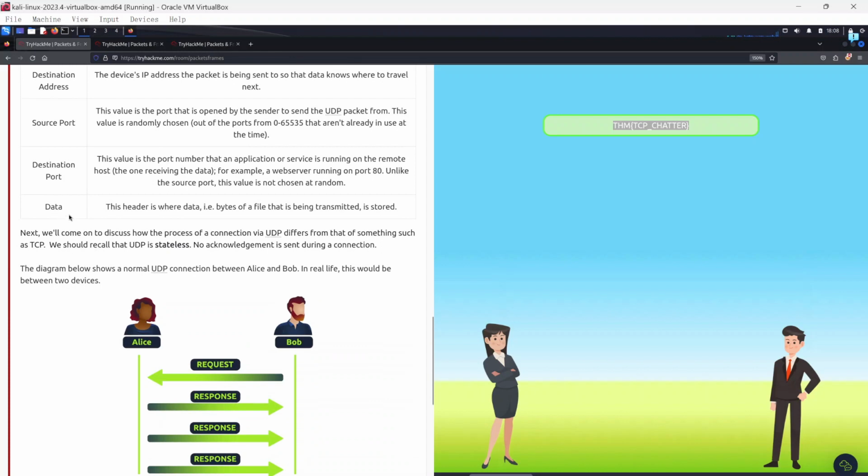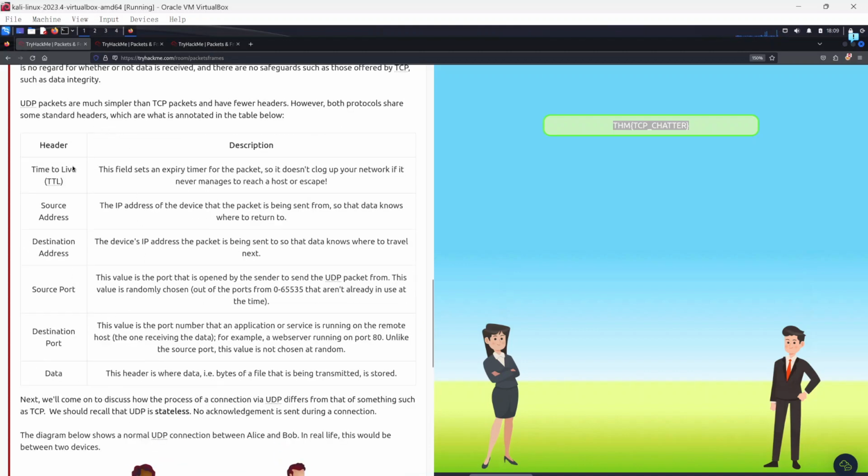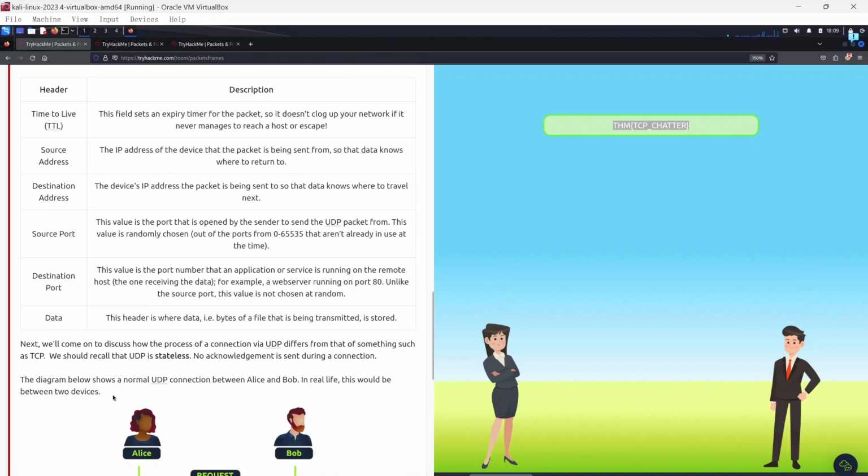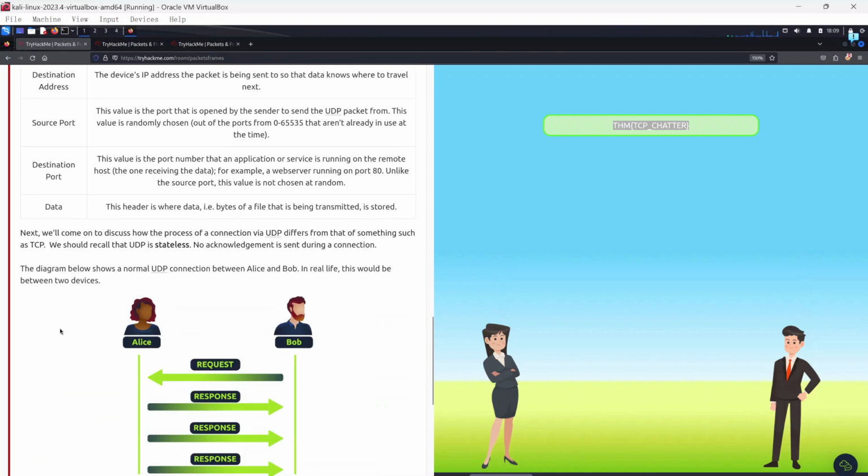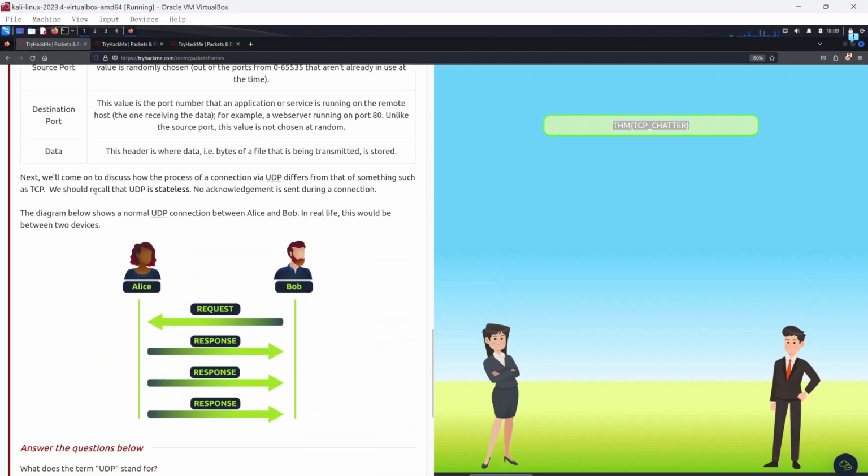All right. Now, data. This header is where the data, that is the bytes of the file being transmitted, is stored. We see the similarities, the difference being those additional headers in TCP that confirm the integrity: checksum, fin, reset, and all that. Okay, now next we'll discuss how the process of connection